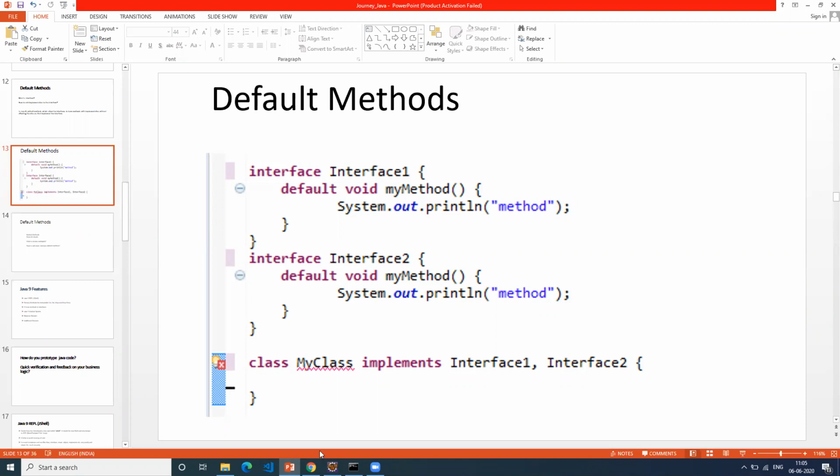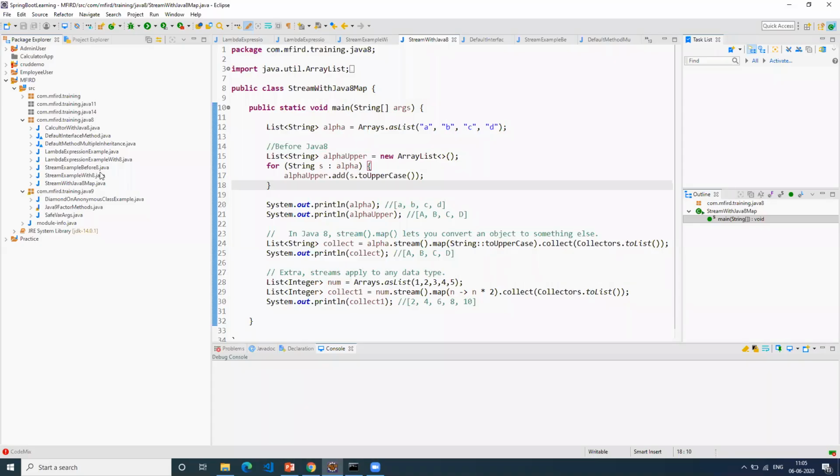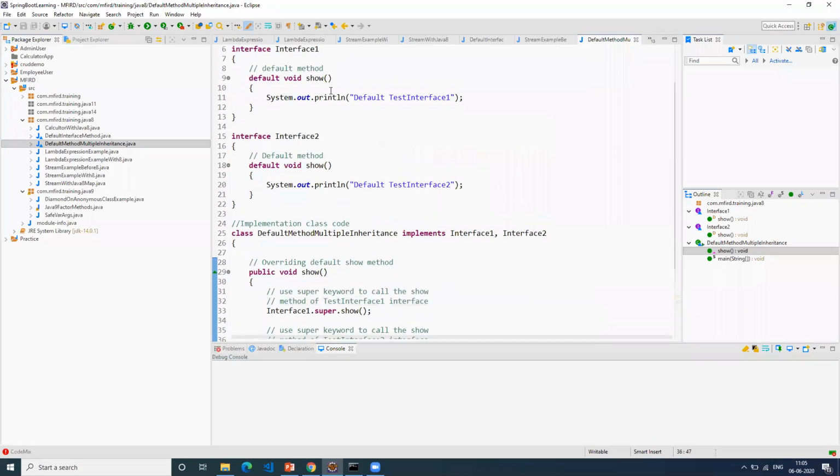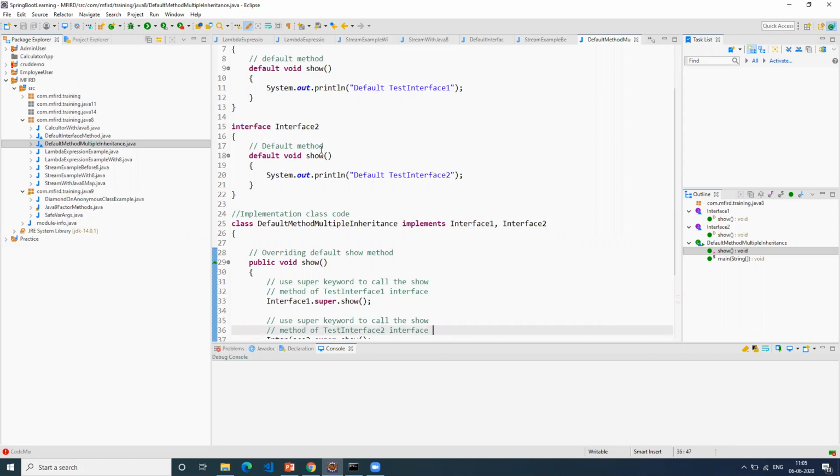Okay, maybe I'll just quickly show you what that example was. I think last time I took an example wherein I had some show method, which is basically the test1 method here and the test2 method, with the same name. So basically with this, we are supporting multiple inheritance. Let's take a case where I have some method named show and here display. Then this is pure multiple inheritance functionality that we are actually implementing using Java.